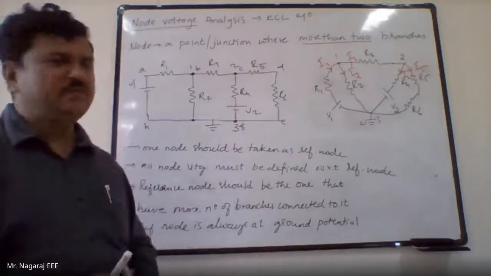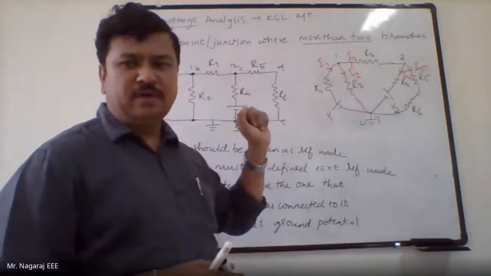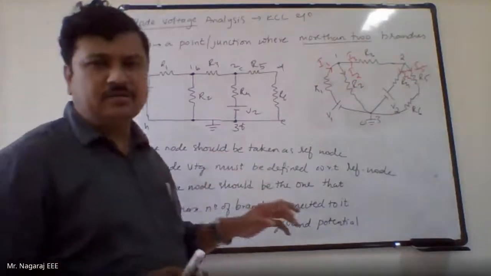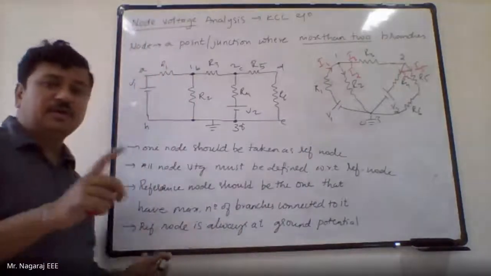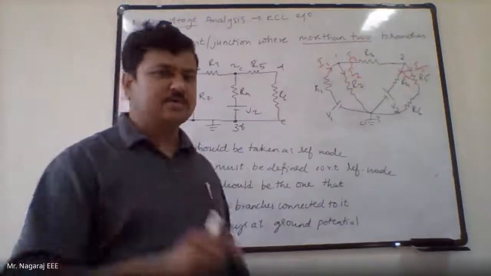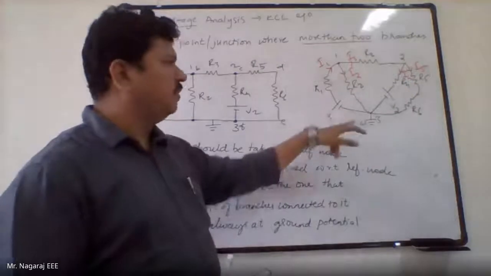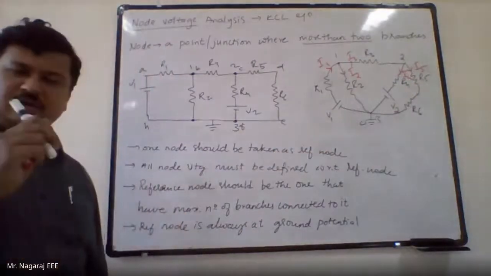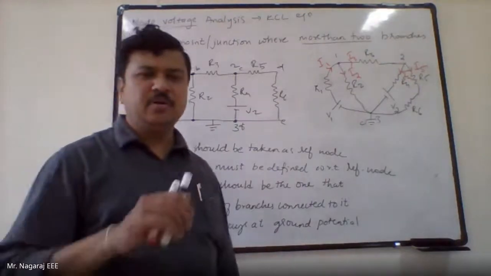If I take this current I1 also outgoing, then when I calculate the actual value of I1, if it comes negative, it means that current is in the opposite direction. That's it. Magnitude of the currents will never change. In any analysis, please remember, magnitude of the current will not change because circuit parameters are constant. As long as circuit parameters are constant, magnitudes of branch currents or mesh currents will remain the same. Only you may get a plus sign or minus sign depending upon the direction you have assumed earlier.